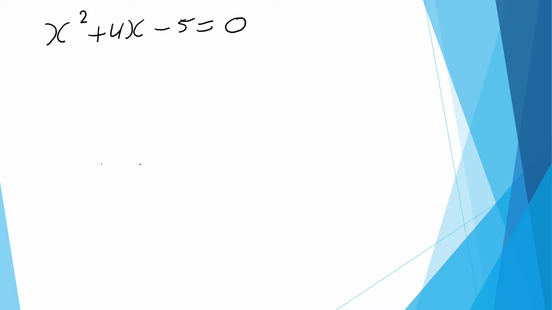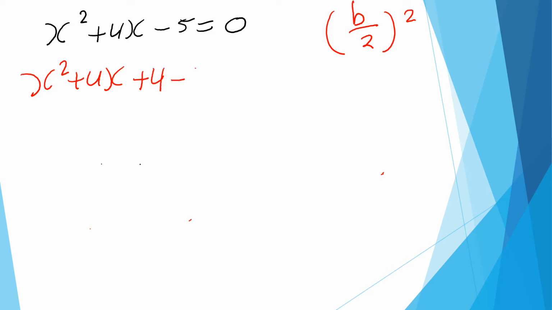To factorize that by completing the square, you take the b value divided by 2, then you square it. And then you add and subtract that value. So x squared plus 4x. Half of 4 is 2. Square it is 4. So I'm going to add 4, then take away 4. Always add first. And then you've got those three terms, you can factorize it. And that gives you